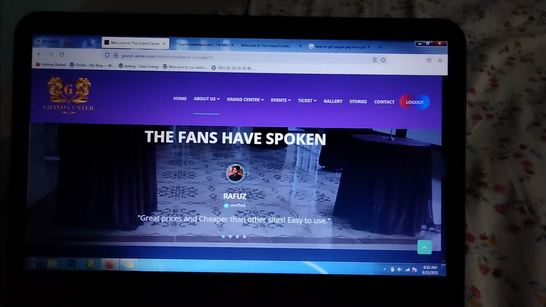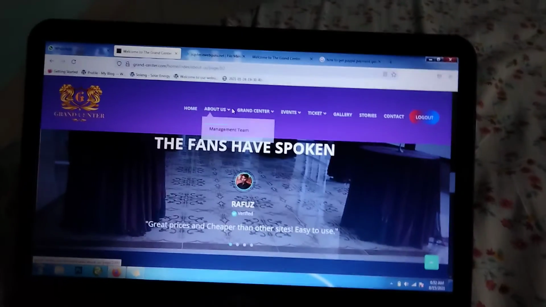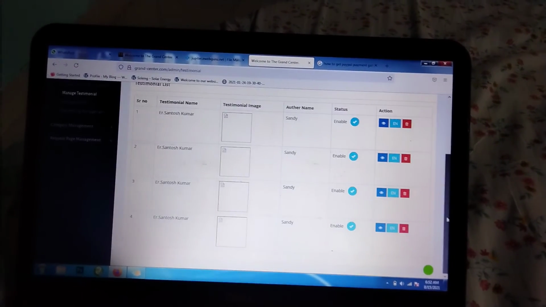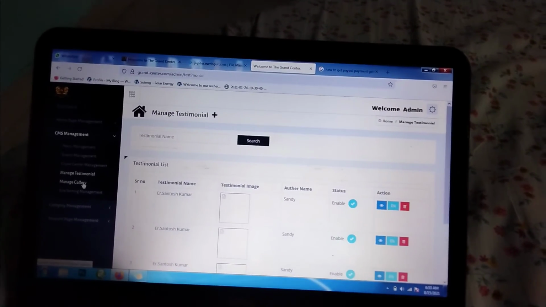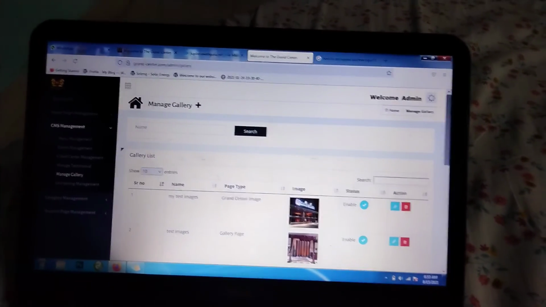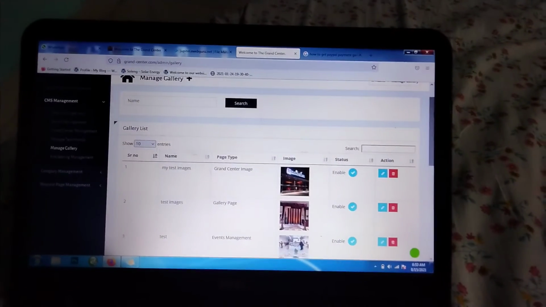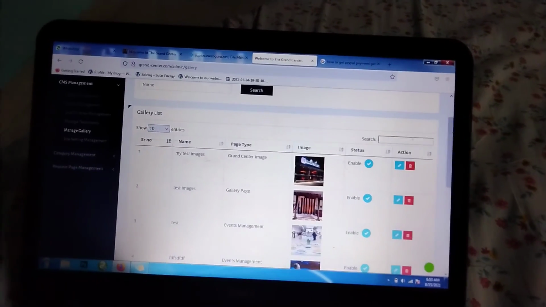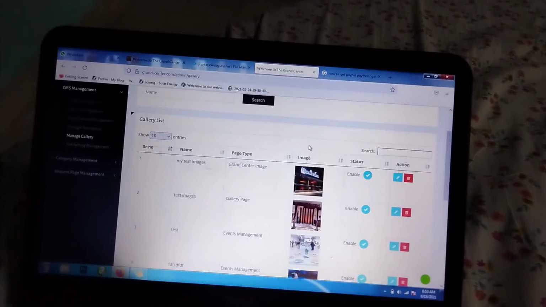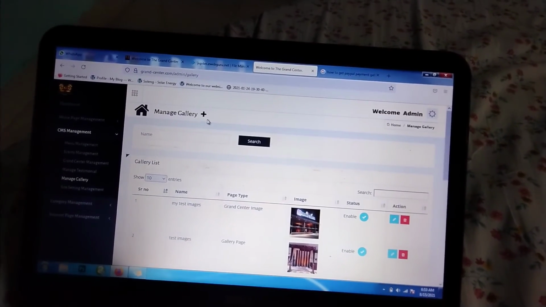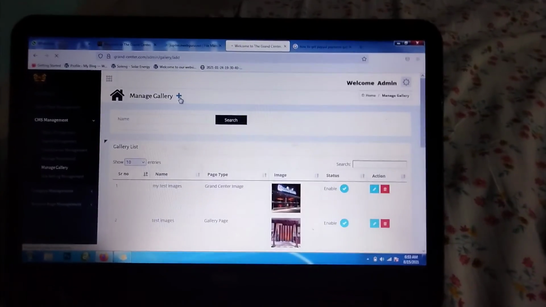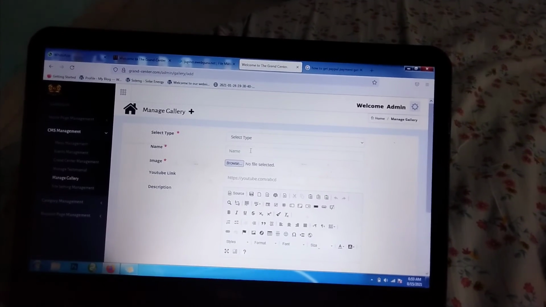This is the testimonials. Okay, you can upload this with the help of the admin panel testimonials part. Okay, and now you need to manage the gallery. If you have all the images of the Grant Center, you can randomly upload them in the gallery page. You can use this tab, manage gallery, and you can upload both videos and images from this page. Okay, and you just need to click on manage gallery, and here the page is available for uploading all the images of the gallery page.